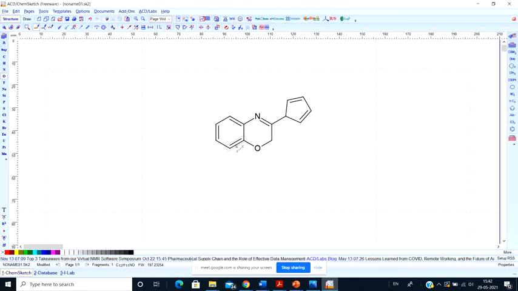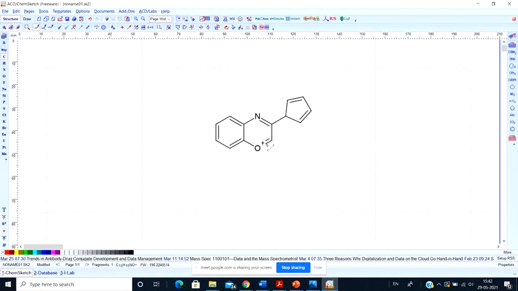Suppose I want to add a triple bond here. What to do? Simply select this particular bond and click it. If you click it, see, you can either increase the bond or decrease the bond. Now suppose I am selecting it and I increase the bond and decrease the bond. But why am I not getting a triple bond? Because according to the carbon skeleton, according to the chemistry, you can't have a triple bond here. What about this particular case?